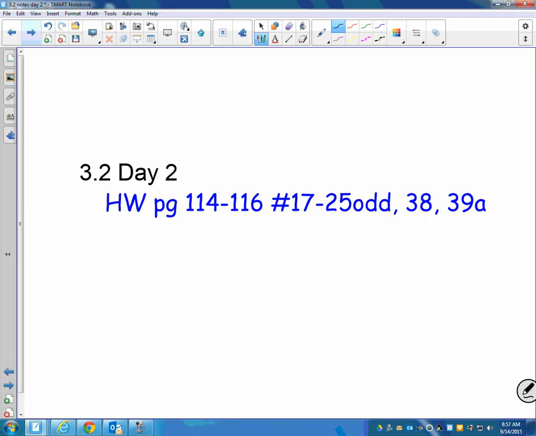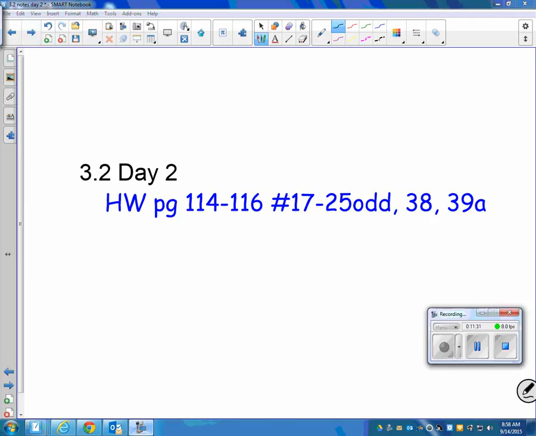And then 38 and 39A are talking about is it differentiable or continuous. 38 is using the button on your calculator. So you actually probably could get this done if you just do it really quickly. If you still have test correct